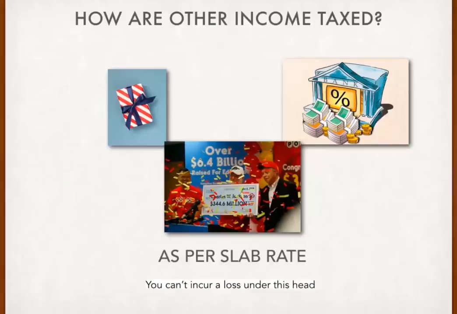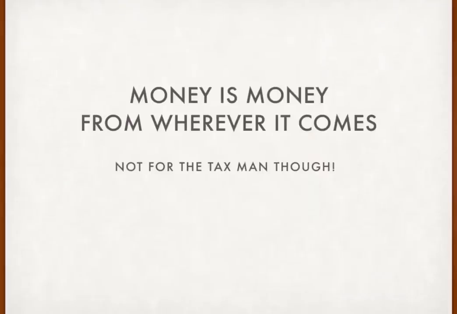How is other income taxed? Other income is, of course, added to your slab rate. You can't incur a loss here, so there's no option for any set off or anything, right? So these are broadly the five income sources, and they're all taxed slightly differently from each other. So money is money from wherever it comes, yes, but not for the tax man. So in the next video, we'll talk about how you can